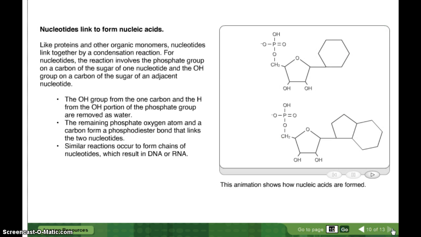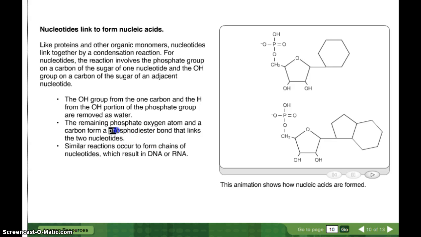Nucleotides link to form nucleic acids. Like proteins and other organic monomers, nucleotides link together by a condensation reaction. For nucleotides, the reaction involves the phosphate group on a carbon of a sugar of one nucleotide and the OH group on a carbon of the sugar of an adjacent nucleotide. The OH group from the one carbon and the H from the OH portion of the phosphate group are removed as water. The remaining phosphate oxygen atom and a carbon form a